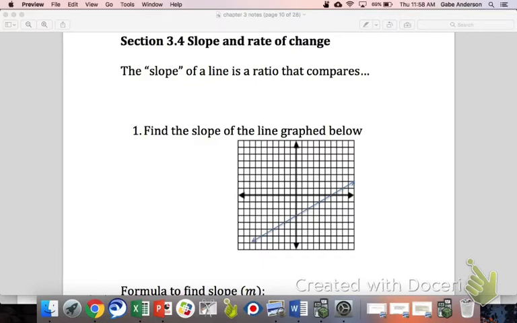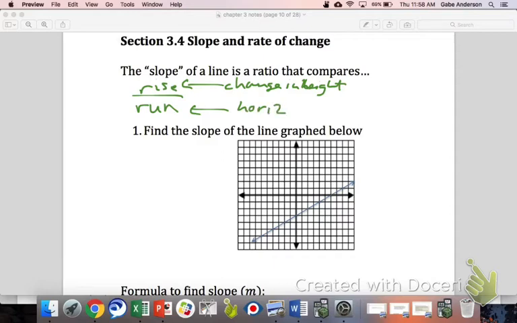The slope of a line is a ratio that compares the rise to the run. Rise is a change in height, and run is, I'll call it, a horizontal change. And so we're going to use this definition of slope to help us figure